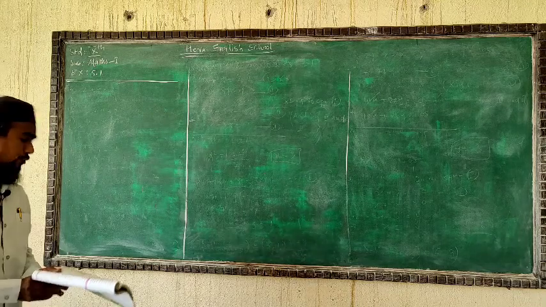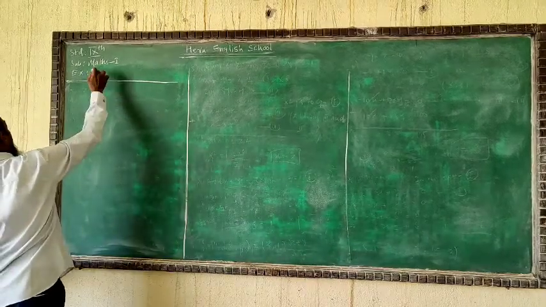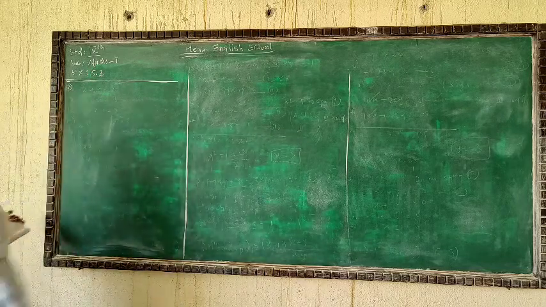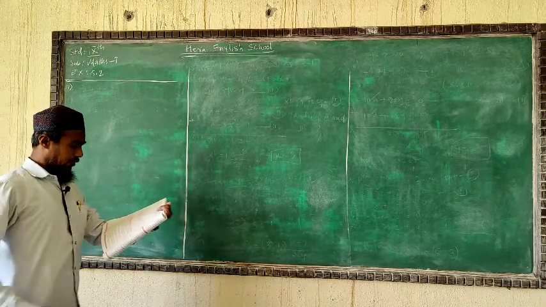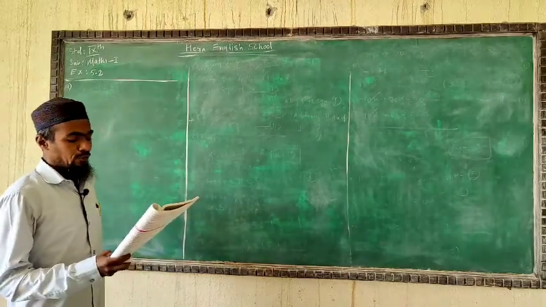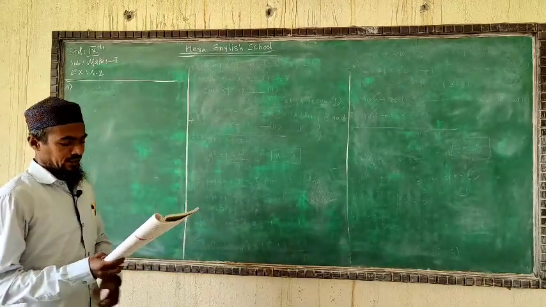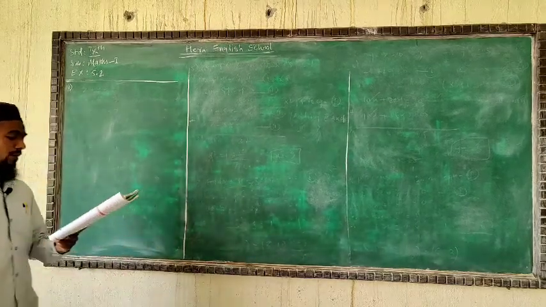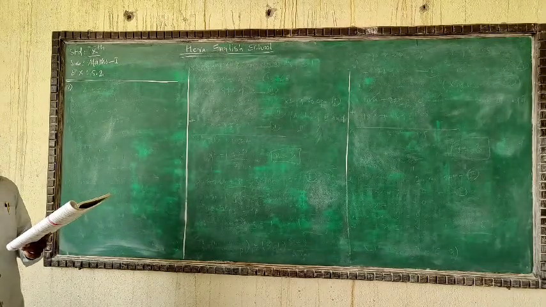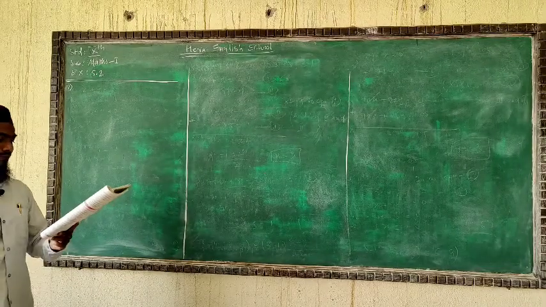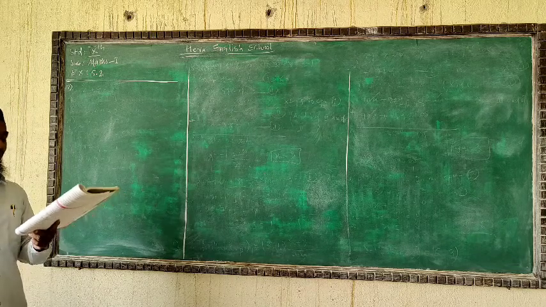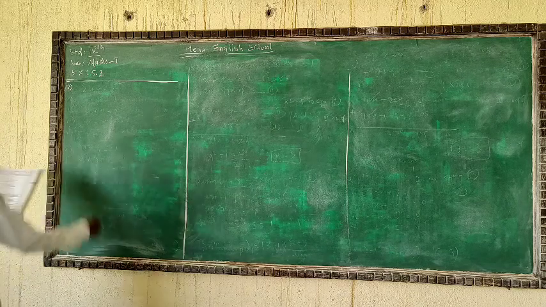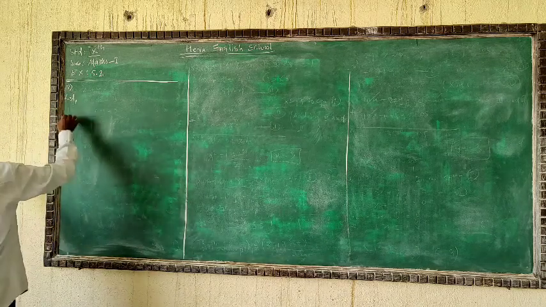In exercise 5.2, we are given word problems. Question number 1. See very well. In an envelope, there are 5 rupee notes and some 10 rupee notes. The total amount of these notes together is 350. We are given rupees 5 notes and rupees 10 notes. We'll suppose here, let the